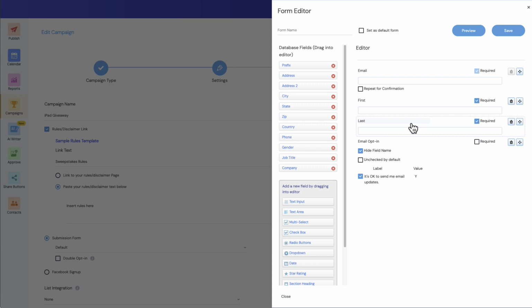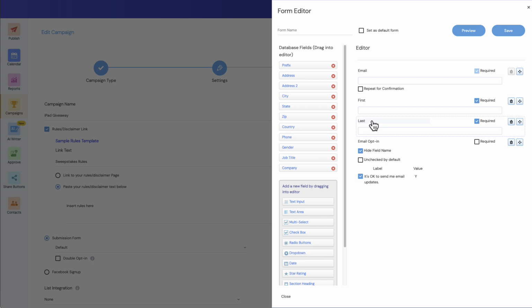Generally speaking, most custom forms will have at least an email. That's a required field. First name is not required, but generally speaking, you will have at least a first name, and last name is optional, depending on if you're going to use custom marketing automation for every single thing. Every touch point will be digital. You might not need the last name, but just to show you how to start adding additional fields, everything is